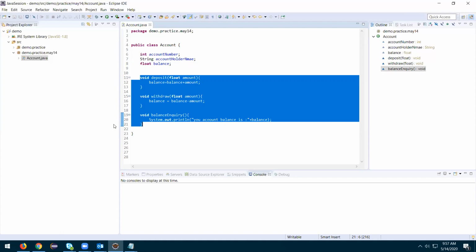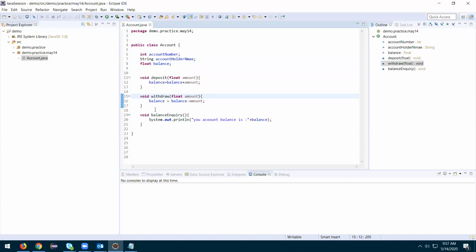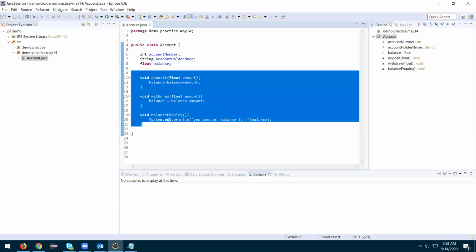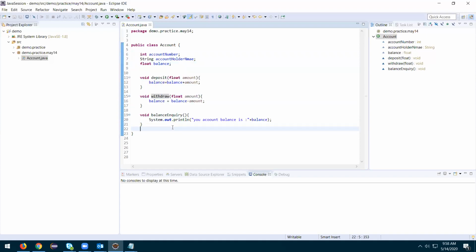The behaviors we name and define as methods. So this is class creation. You guys understood the concept till now? Yes, Harish. Yes. Got it.